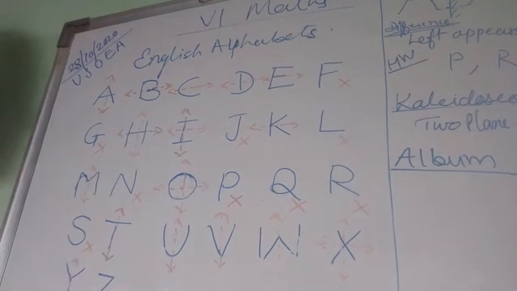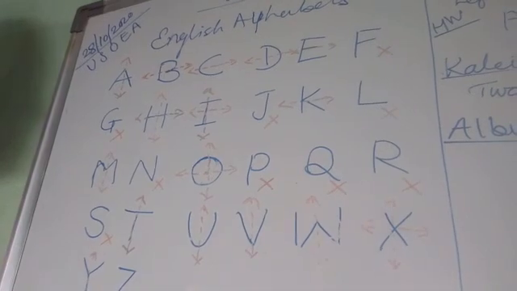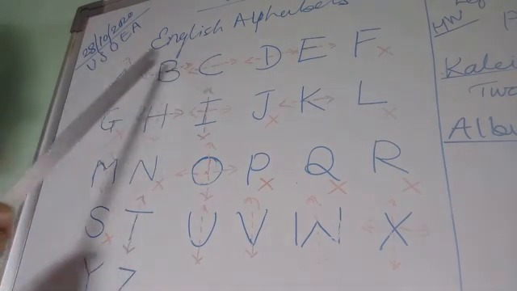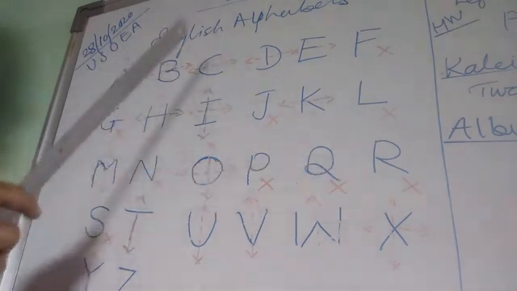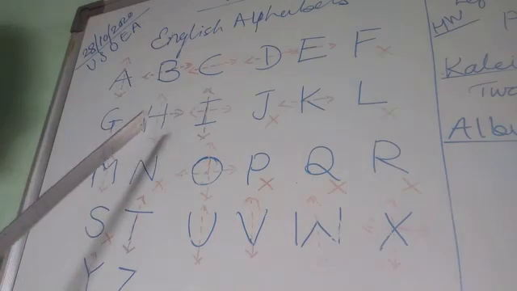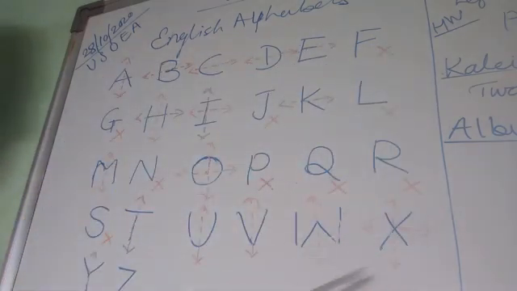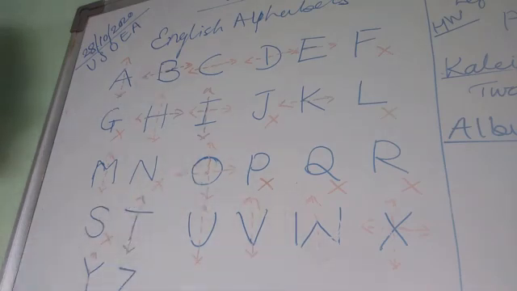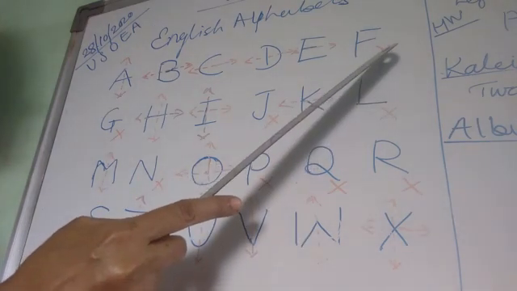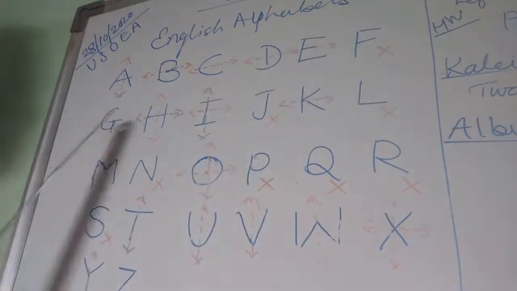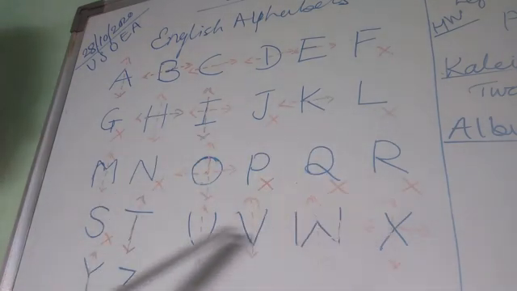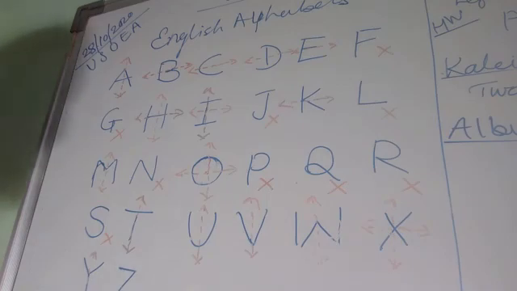For example, for A, we have drawn the line of symmetry like this, that is called the vertical line of symmetry. For B, it will be a sleeping line, that is the horizontal line of symmetry. So here some of the letters I have shown with the vertical or the horizontal line of symmetry, and some letters will not have any line of symmetry. For example, F, G, J, L, N, P, Q, Z. These will not have any line of symmetry.